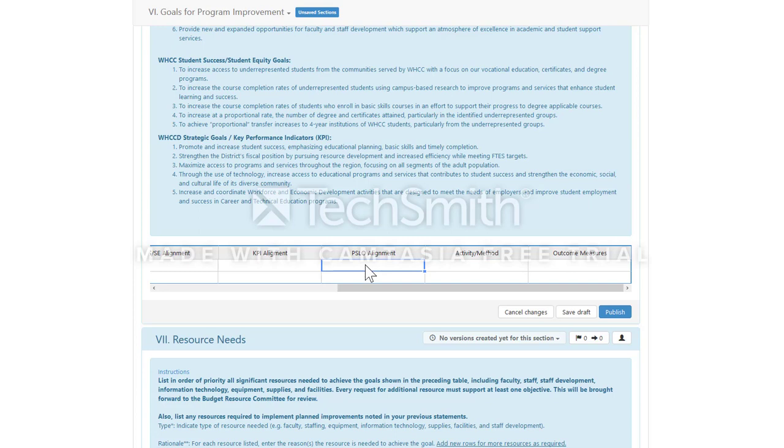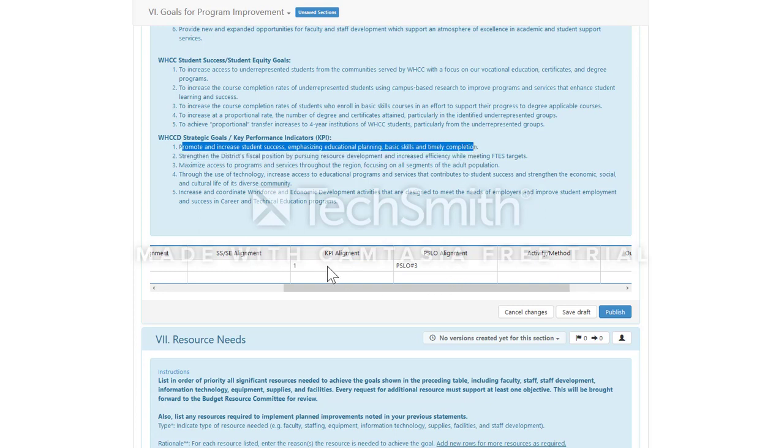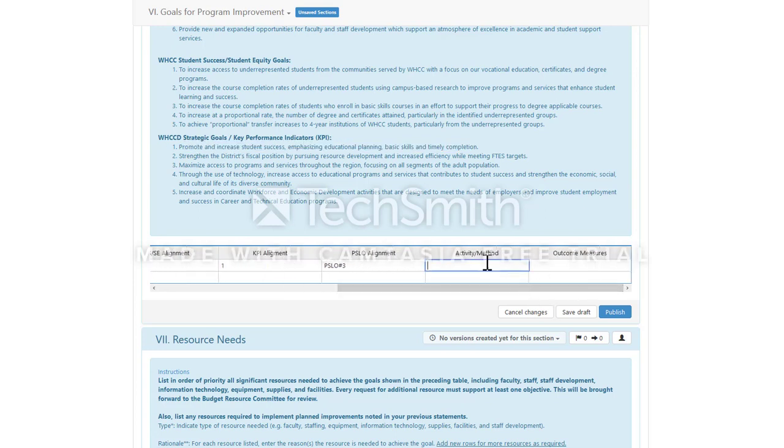So I'm going to say we're doing this to help PSLO number 3. And hiring a new faculty member is going to help with KPI number 1. It's going to promote and increase student success, emphasizing basic skills and timely completion, but that's going to align with that perfectly. SL3, what is going to be? New